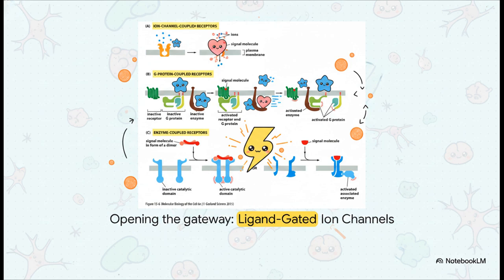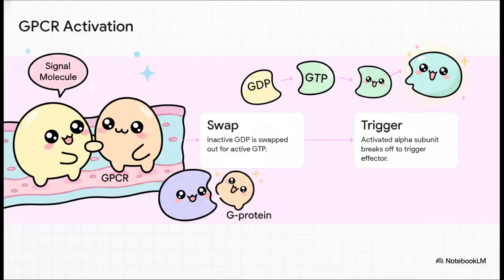That physical binding physically twists the shape of the receptor, popping open a tiny tunnel. Instantly, specific ions rush into the cell, which shifts the electrical balance and kicks off an intracellular signal. It is lightning fast, direct, and incredibly effective. But there's another, way more complex way these cells talk to each other, and that's through a G-protein-coupled receptor cascade,